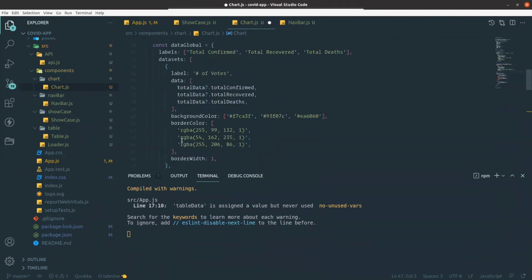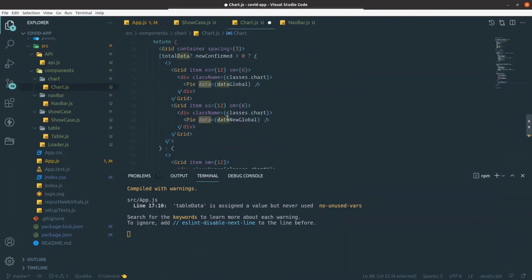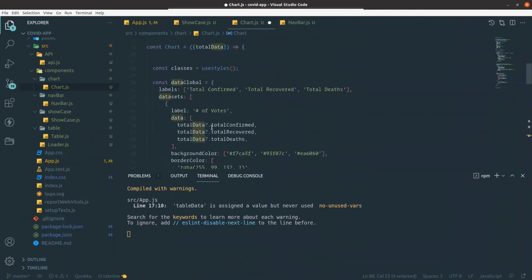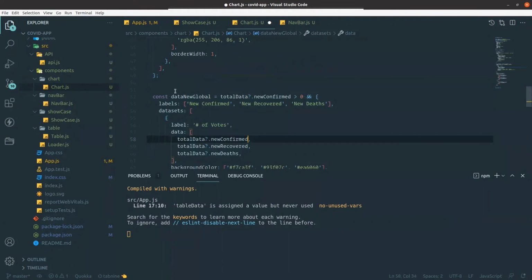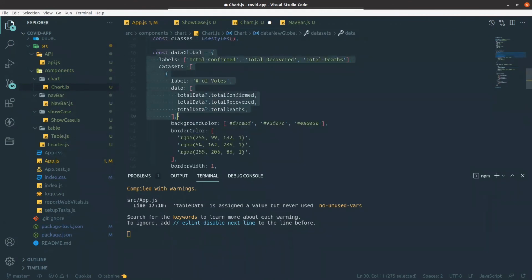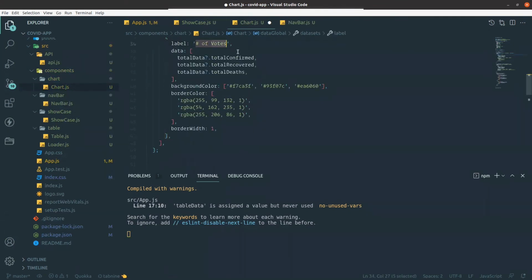So I have copied two data sets. One is for data global, another is for data new global. For data global, it is for total global data, and new global is actually for the Indian data I'm talking about. In that global data, the first one is for labels, so it will take all the labels and the data sets. In the data sets, the label and the data, the background color, and the border color also I need to send, and the border width.